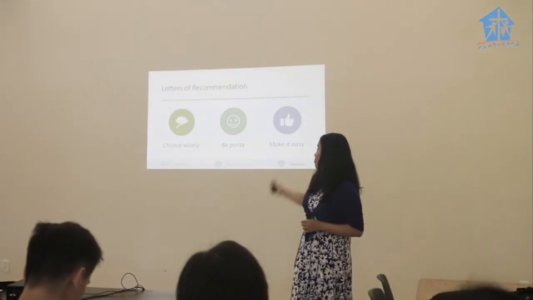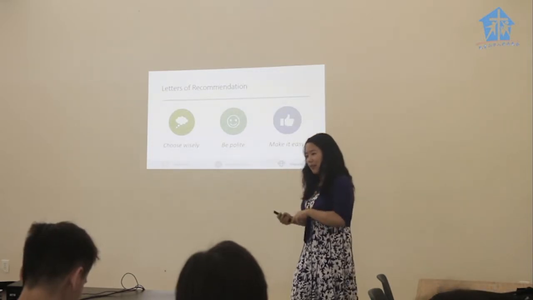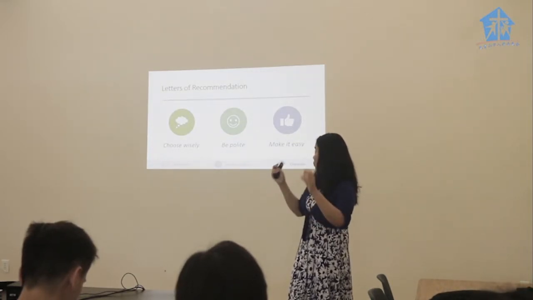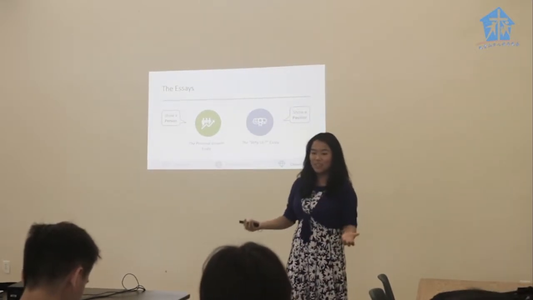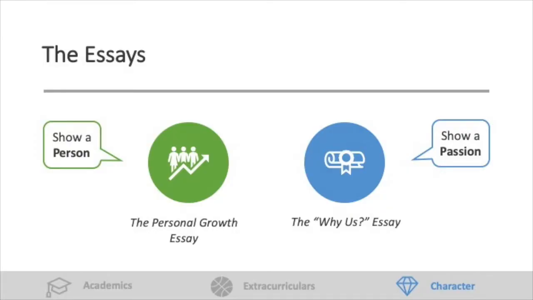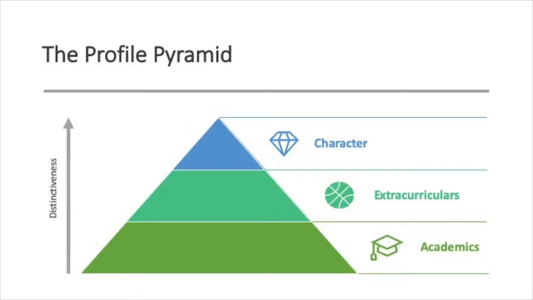Okay, so now we've talked about interviews, we've talked about letters of recommendation, and that's all under the character part. And then probably the most important part, the essays, is because this is what you actually have complete control over. So academics, you have some control over, you can apply yourself, and that's really great. Extracurriculars, you can choose your time, but some things might just not be offered. And then interviews, you've got another person that's also part of the conversation, so you don't have too much control. Letters of recommendation, they're the ones writing letters, not you. But essays, that's all you.